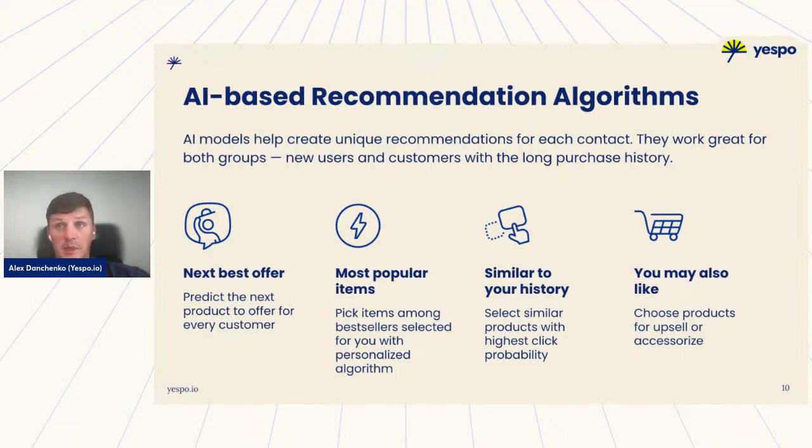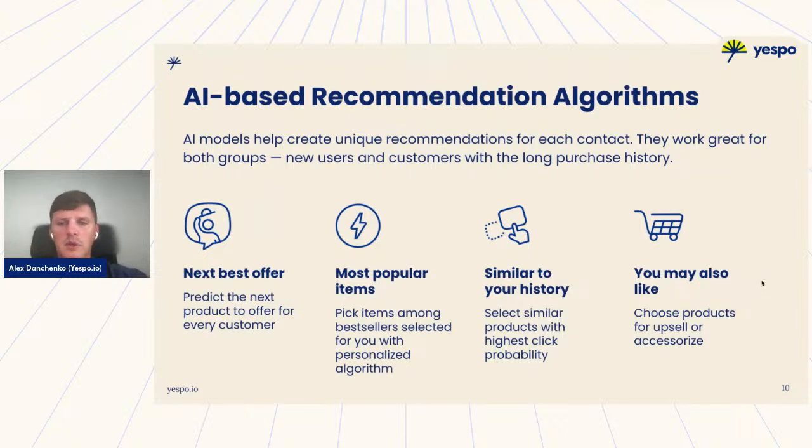The recommendations based on your history, this could be purchase history or view history. So basically, if I view several different products, we can predict what product would probably be the next in this queue, and which would be the most relevant, which has the best click rate and eventually has the best purchase rate among all your multi-million assortment.